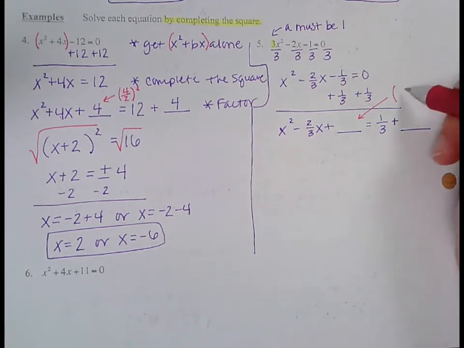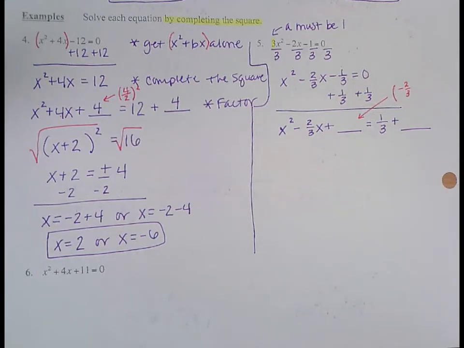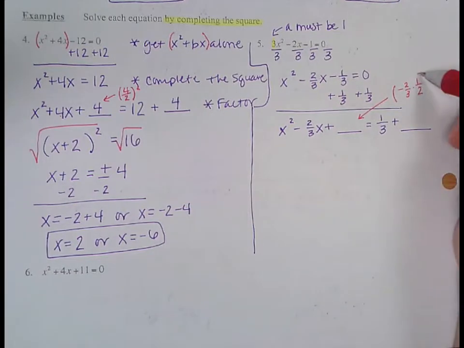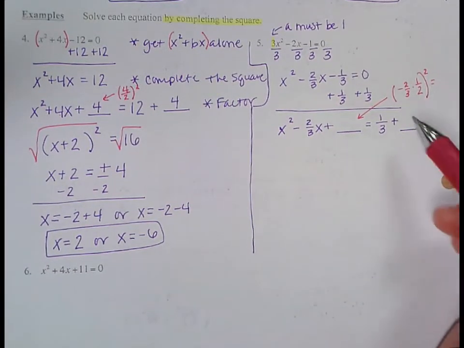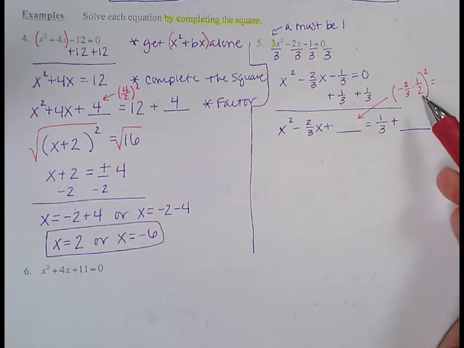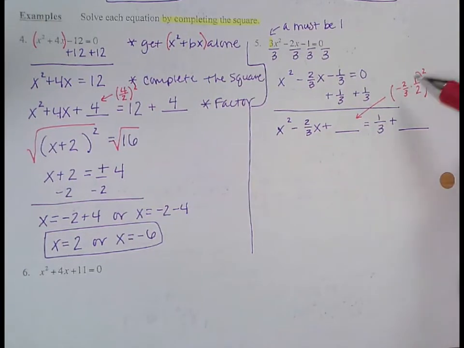Divide negative 2/3 by 2. Now, because negative 2/3 is already a fraction, and if I put divided by 2, I'm going to have a complex fraction. When you divide by 2, you're multiplying by 1/2. You're taking half of the number. So because I already have a fraction, I can write it as multiplied by 1/2. And then I'm still squaring it. So negative 2/3 divided by 2 or multiplied by 1/2. I can then cross cancel the 2's. And that's just negative 1/3 squared,